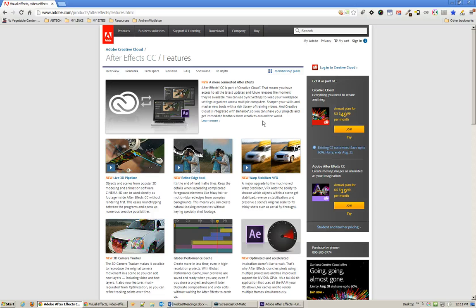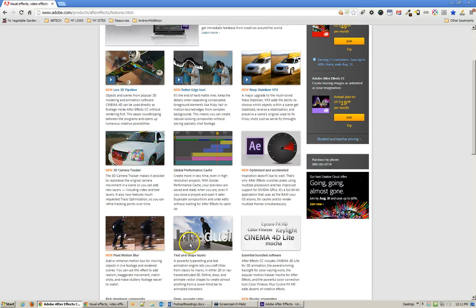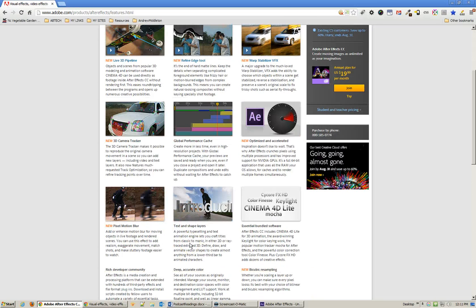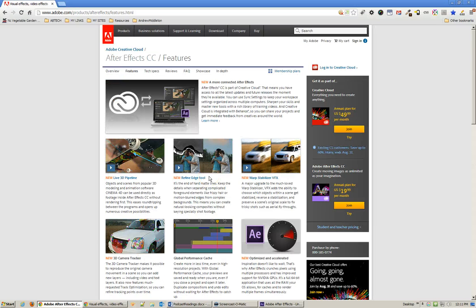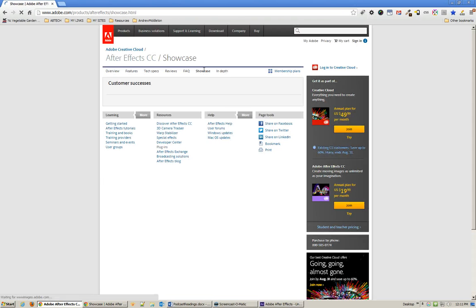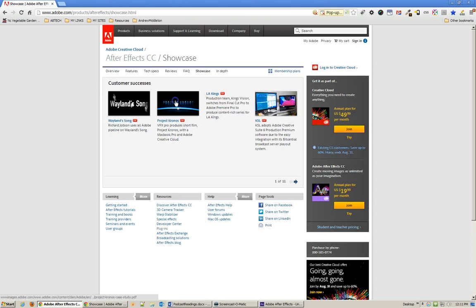But here's the thing. After Effects is an incredibly rich application. If you look at all the stuff, live 3D pipeline and refine edging tools and warp stabilization, 3D camera tracking, these are some pretty powerful tools. This pixel motion blur looks kind of cool, but After Effects is an incredibly rich tool that allows you to do amazing things. Just go take a look at the showcase that they have out there, and you will see